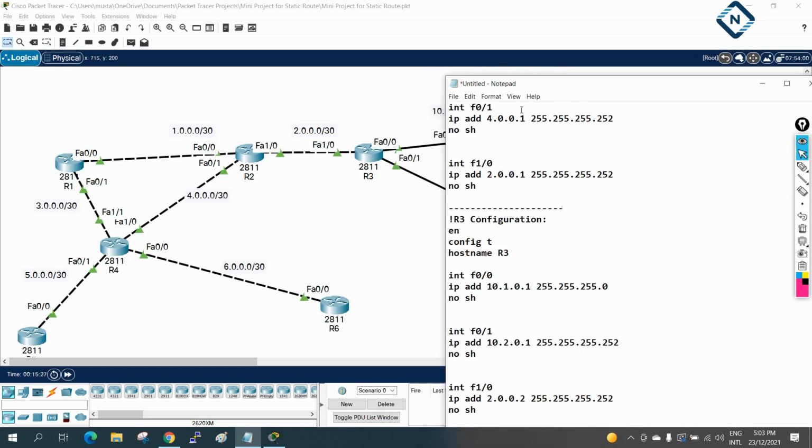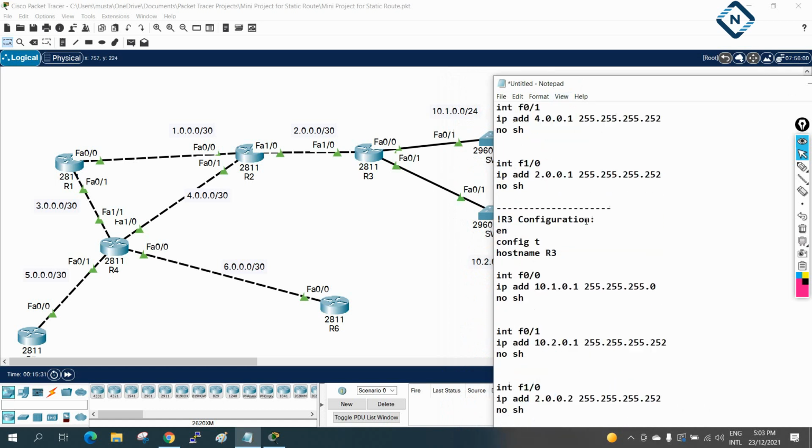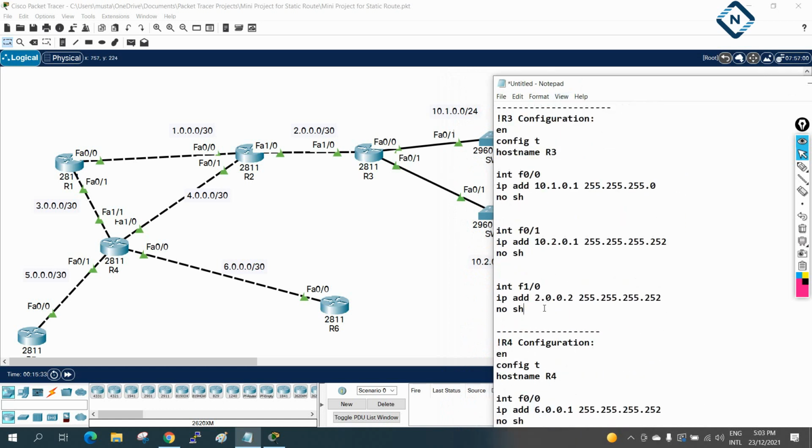We have many methods. I will use this method. I will go in the R3, and I am going to configure the default route. So in configuration, we will write ip route. If you remember, ip route, and then we will write 0.0.0.0 and then a space 0.0.0.0, and after that we can define the interface or the next hop IP.